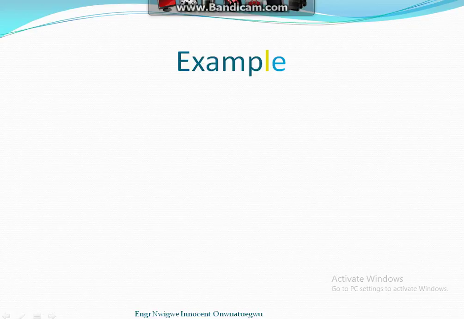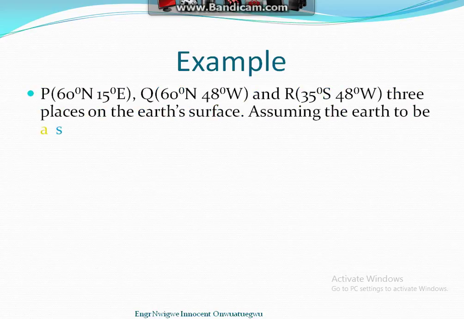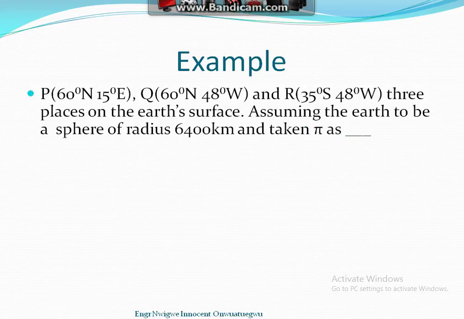Example: P is (60° north, 15° east), Q is (60° north, 48° west), and R is (5° south, 48° west). These are three places on the Earth's surface. Assuming the Earth to be a sphere of radius 6,400 kilometers and taking pi as 22/7, calculate correct to three significant figures: